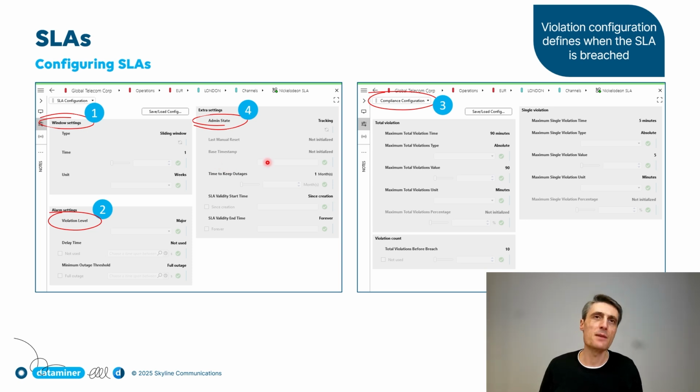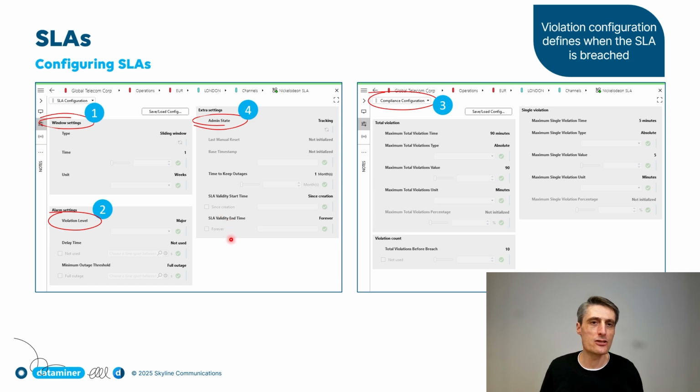There are some other options like last manual reset and the reset possibility there. The base timestamp, typically it's the first of the month till the last of the month. If it would be the 15th, for instance, you can have a base timestamp. The outages, how long they are being kept in your outage list. We'll take a look at outages when we are playing around a little bit. SLA validity,